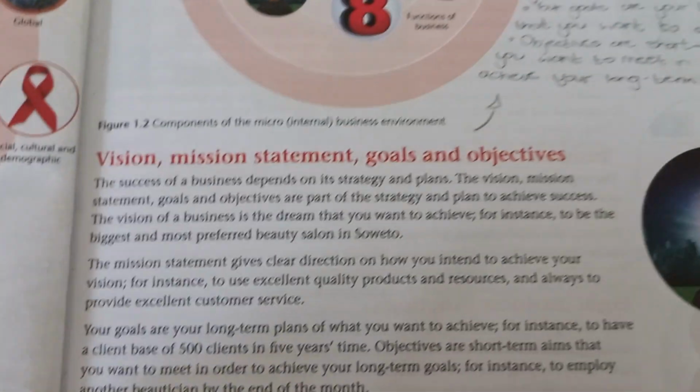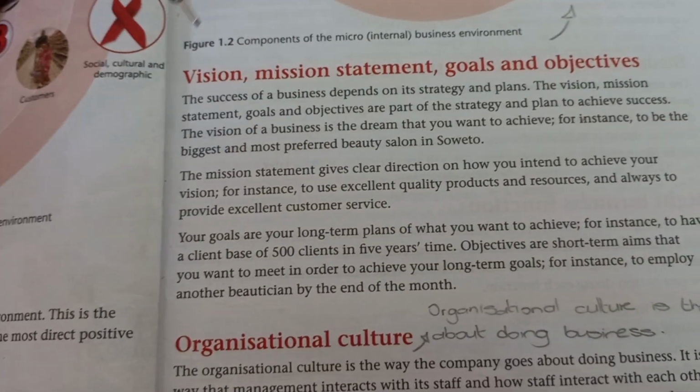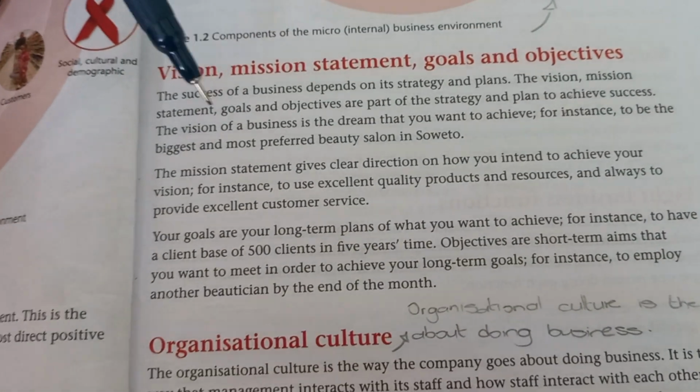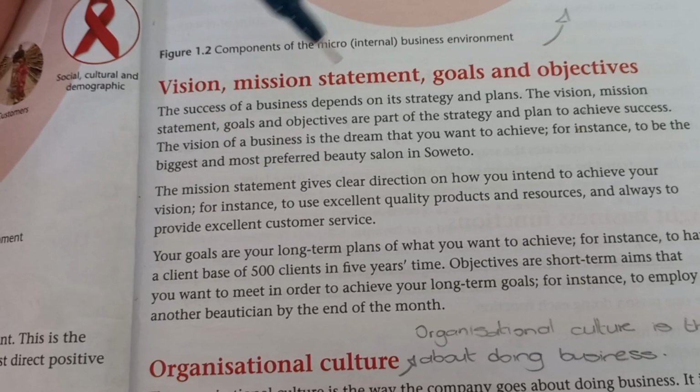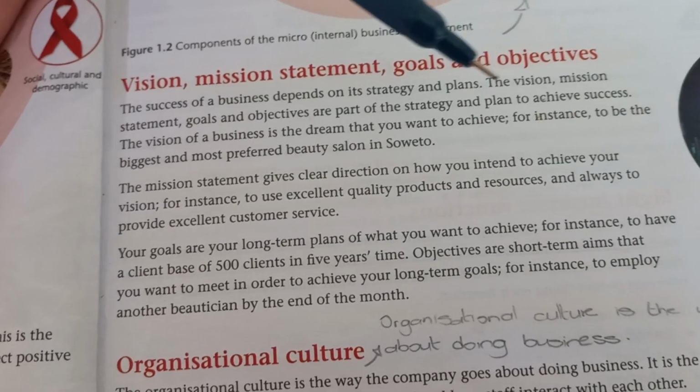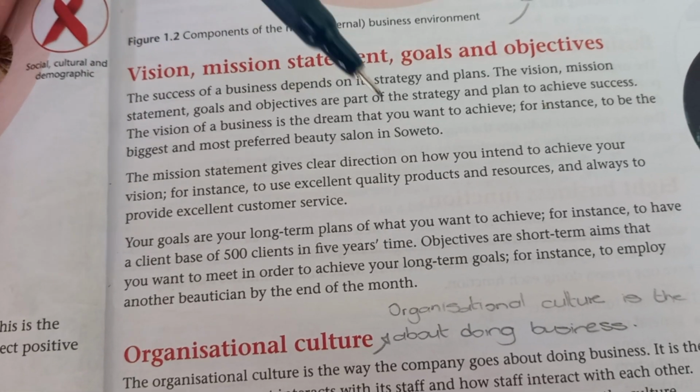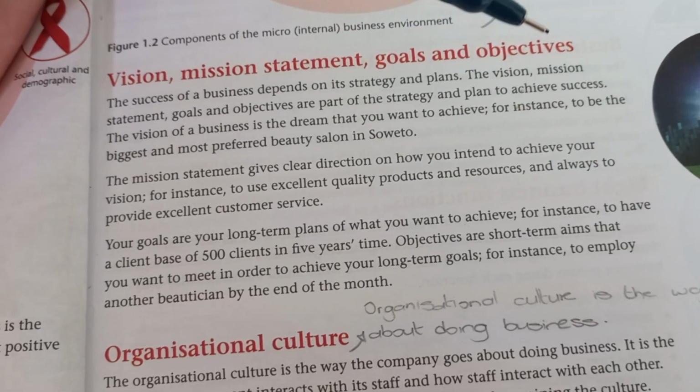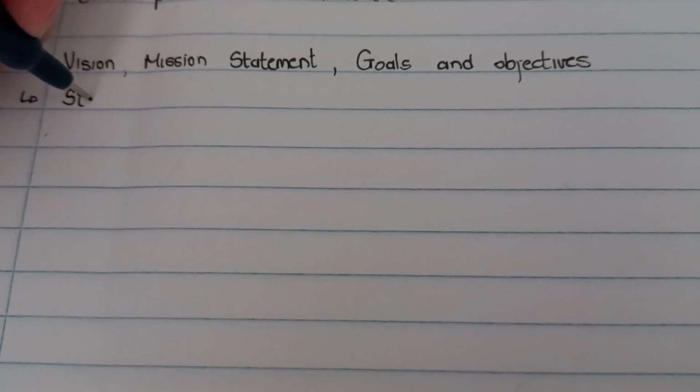Okay, so here we've got vision, mission statement, goals, and objectives. So here you're going to follow the sort of same thing. You're going to read through it. So the success of a business depends on the strategy and plans. The vision, mission statement, goals, and objectives are part of the strategy and plan to achieve success. So because this is our heading, I'm just going to write here, they're part of the strategy